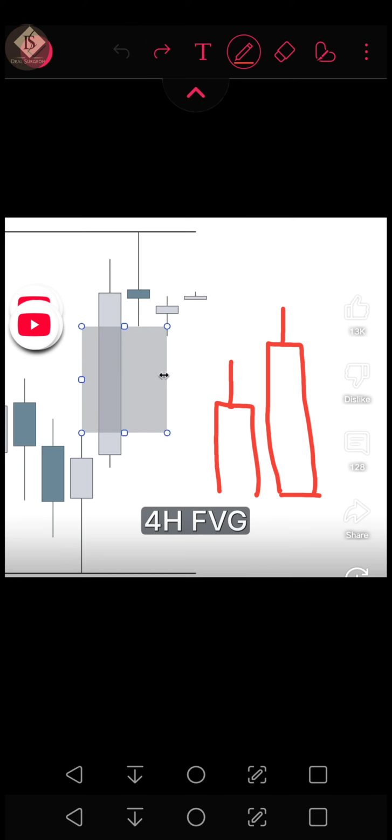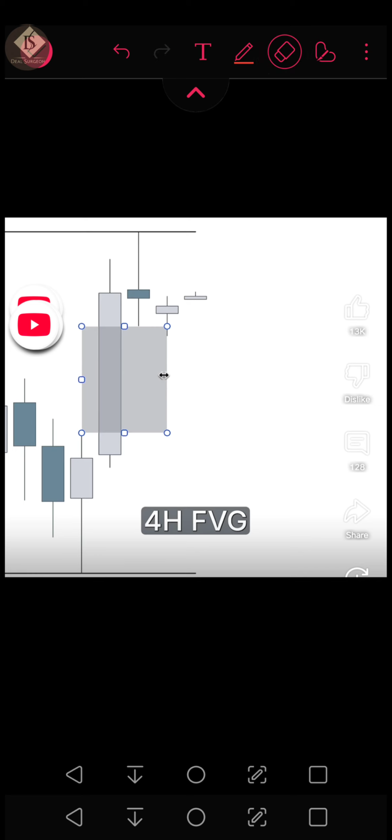S2 drawn liquidity. These are my terms, just so you can understand. I'm just saying that because you're not going to see it online or something. S2 drawn liquidity is when you have a candle like this, and I think it's good to frame it this way. S2 drawn liquidity is when you have something like this, and then this candle here,